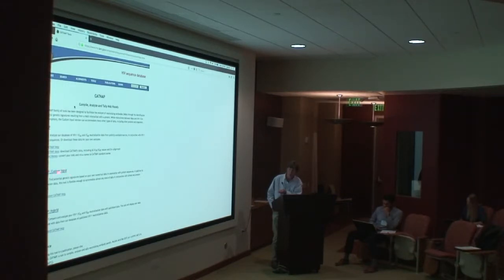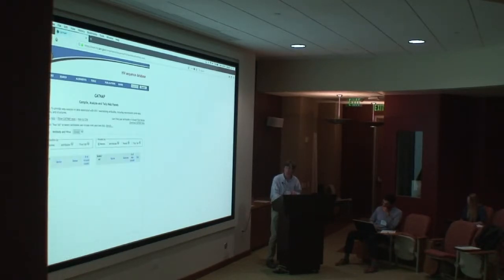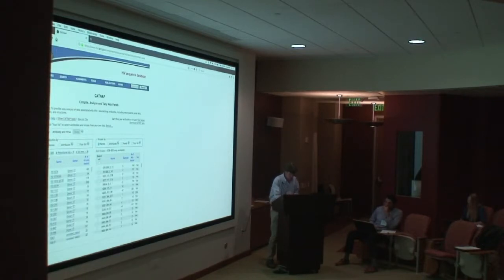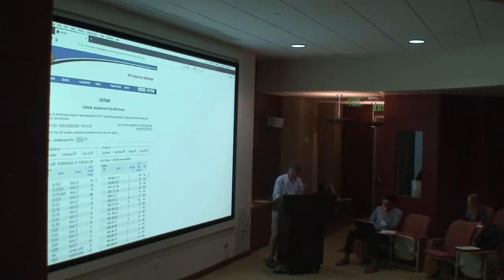Next is custom input, where you can put in your own data, and this is kind of groovy because you can put in essentially any protein sequence and any quantitative data associated with it, and do prospecting for which sites are important. And finally, the hybrid is you can say, well, I've got my HIV sequences and neutralization data. How does it compare to what's already present in the database? For now, I'm just going to go to the straight up CATNAP, and